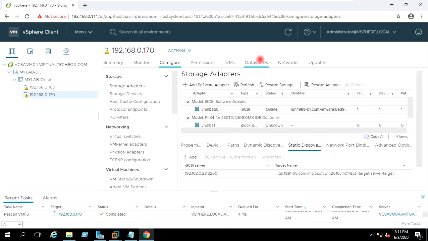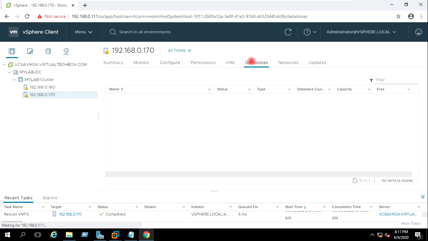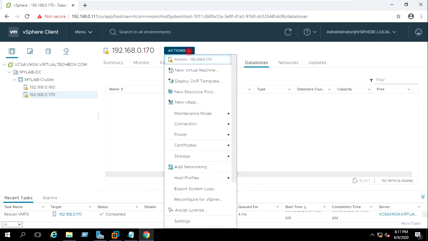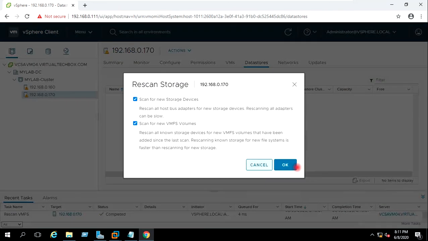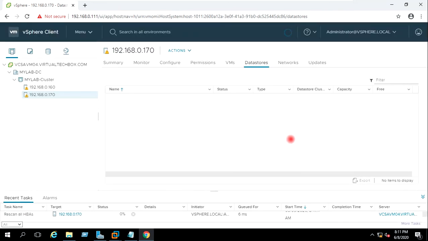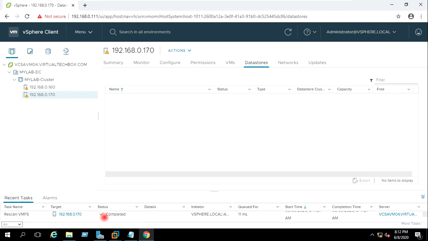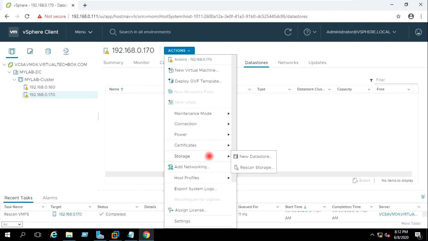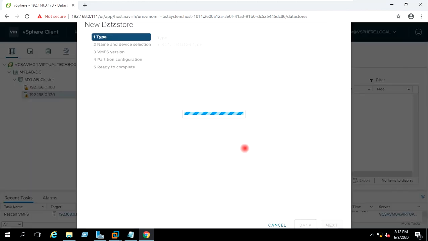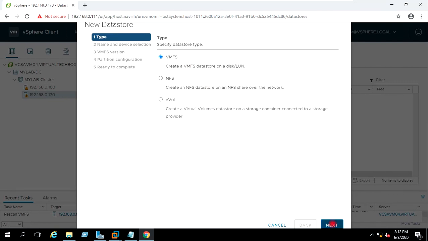Rescan completed. Then I will go to data stores. I will go to actions, storage, rescan storage. Okay. Rescan all HBA is going on. Rescan completed. Now I will go to actions, storage, new data store, VMFS. Next,